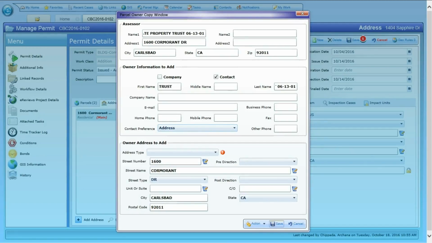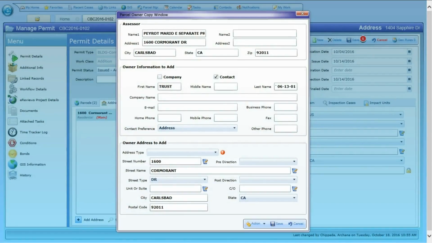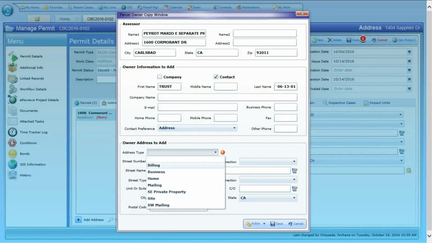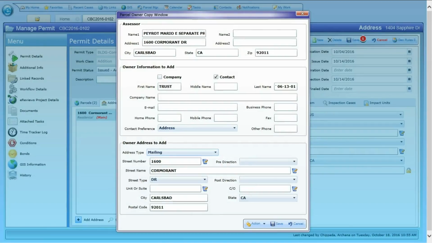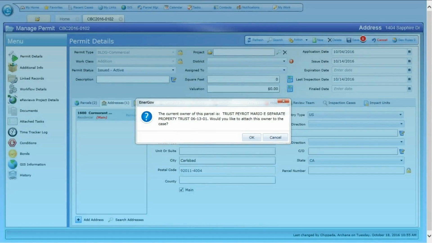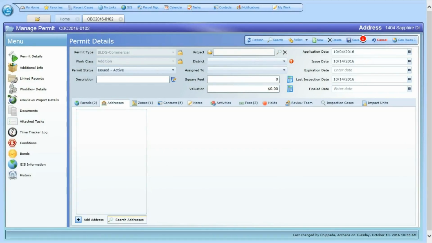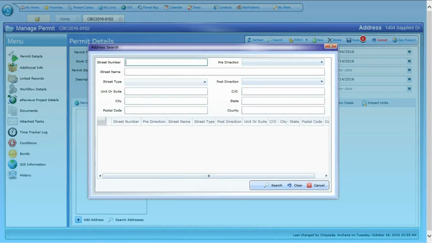ahead and click Save. If you happen to have missed any information, it'll bring up a warning message allowing you to go back and fix it. In this case, we failed to indicate the address type. Mark it as mailing, then click Save, and you should be good to go. It will bring up a confirmation message making sure that you do actually want to add this ownership information. Click OK to proceed. Now, if you're actually dealing with a co-ownership case instead of a trust, you'll be able